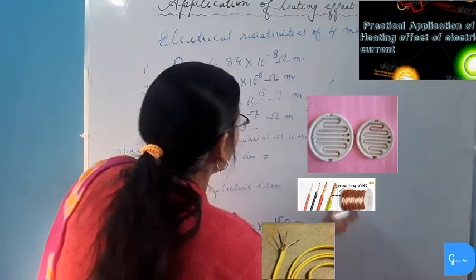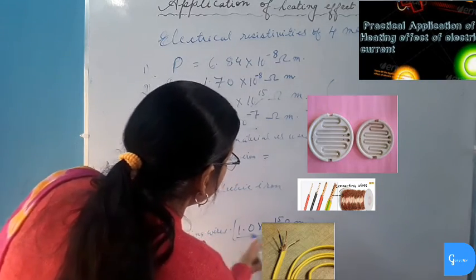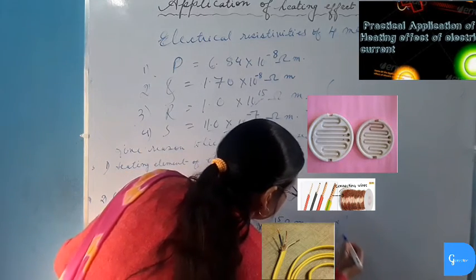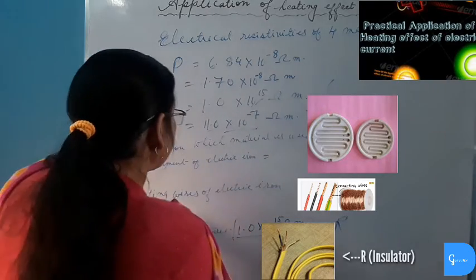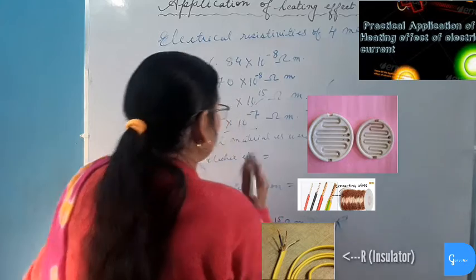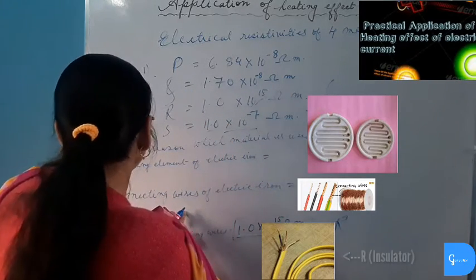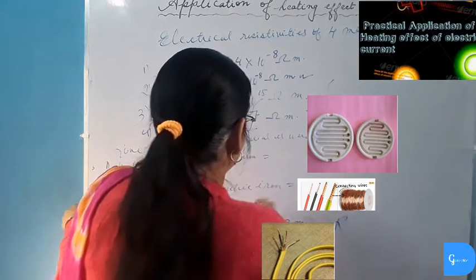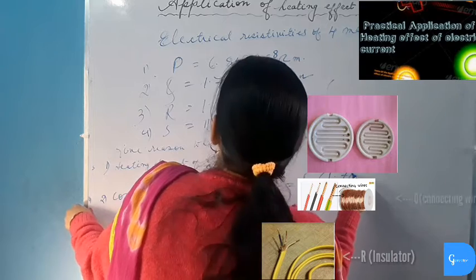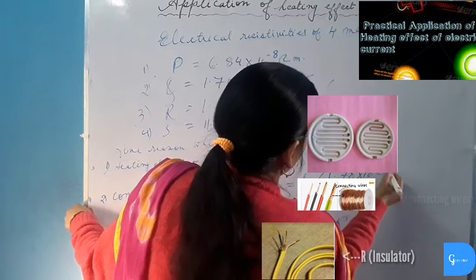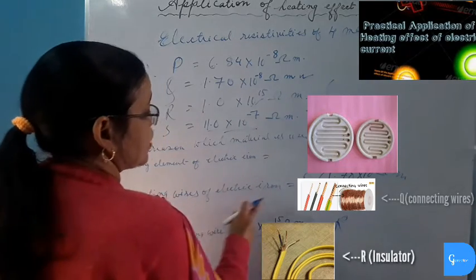This must be either plastic or rubber. So the covering of connecting wire must have the highest resistivity. So R will be the answer. R will be used for covering of connecting wires. Now connecting wires are copper or aluminum, which have very low resistivity because they are good conductors of electric current. So that is Q, 1.70 into 10 to the power minus 8 ohm meter. So Q will be used for making connecting wires as it has the lowest resistivity.